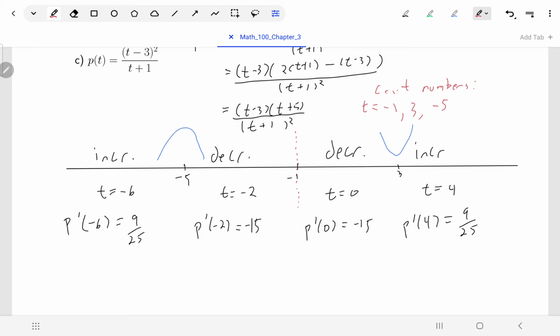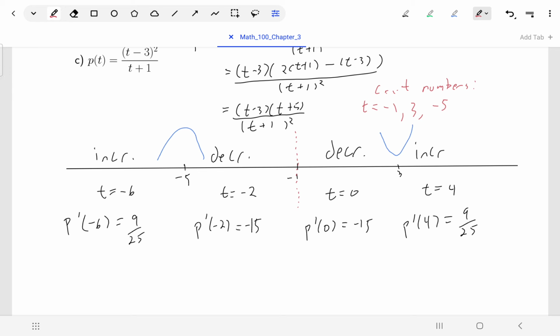So actually, whether I had increasing or decreasing here really wouldn't matter. I still would not have a relative anything happening at negative 1. Remember, back to the beginning of the theorem, it was saying you have a critical number and the function is continuous on an interval containing that critical number. Right now, the function is not continuous around negative 1, and that's because we've got that vertical asymptote. So even though negative 1 is a critical number, it couldn't be the location of a max or a min,